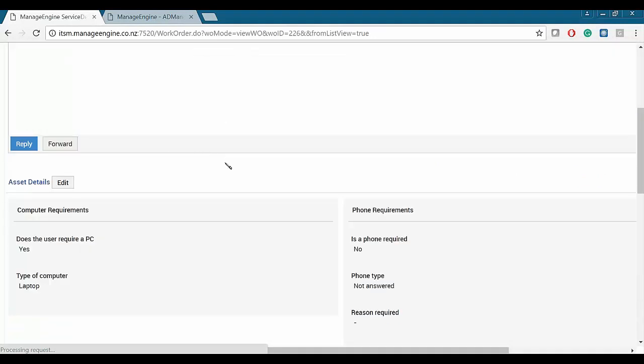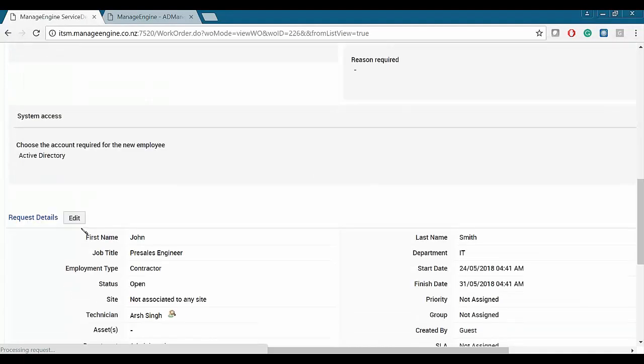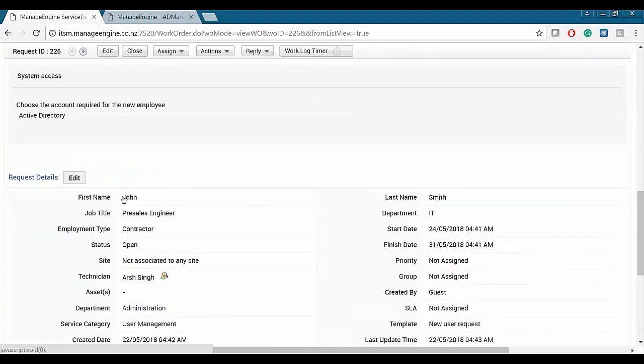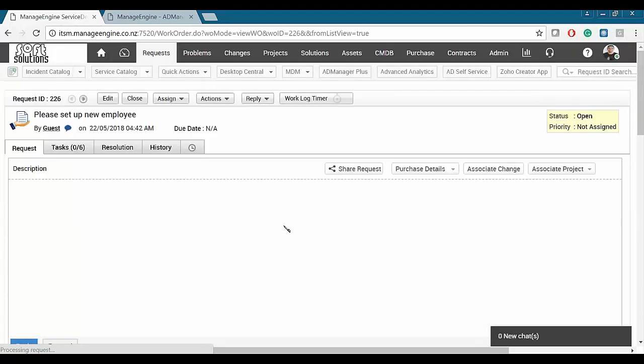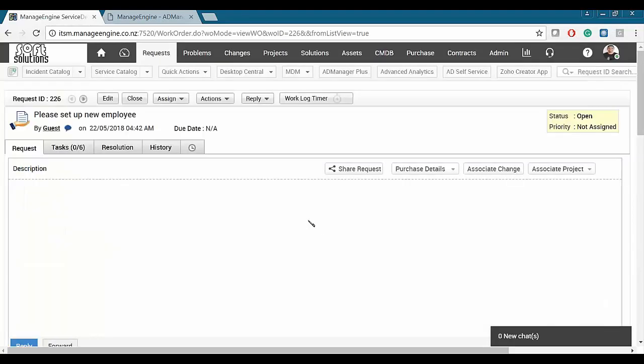As we go into the ticket, we see the same details that were provided by HR. We need to enter John Smith, pre-sales engineer, department is IT. Basically, after you get this information, you would log into your Active Directory, or perhaps by a script, you'll go ahead and do it via a script. But with this AD management plugin, all a technician needs to do as they log in,